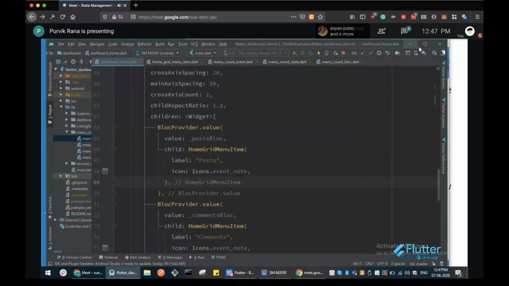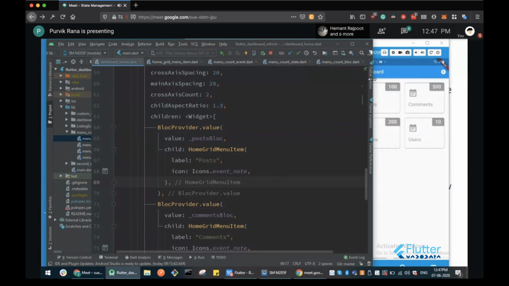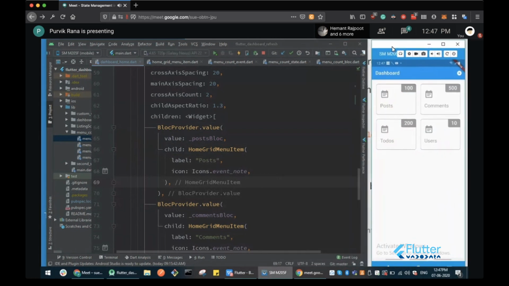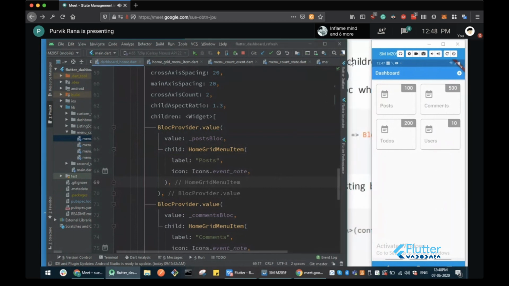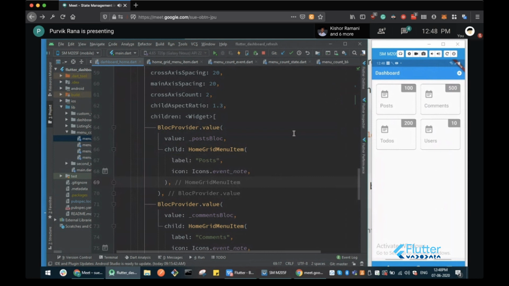This is how the values are getting passed. As you can see, I have the custom component and I am passing my local block values to it using BlocProvider.value, and the value that I pass is the post block.